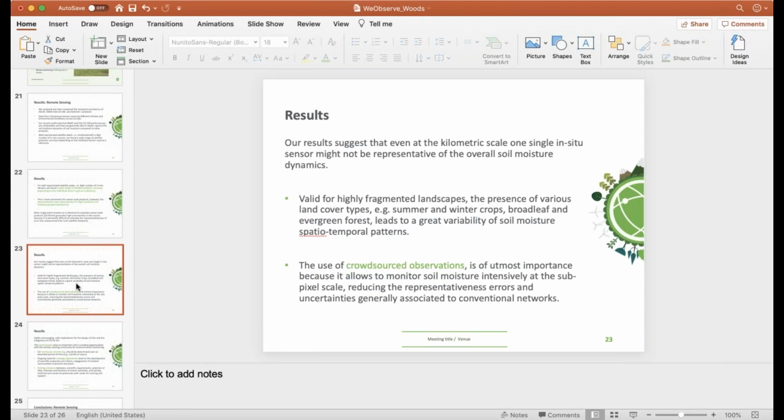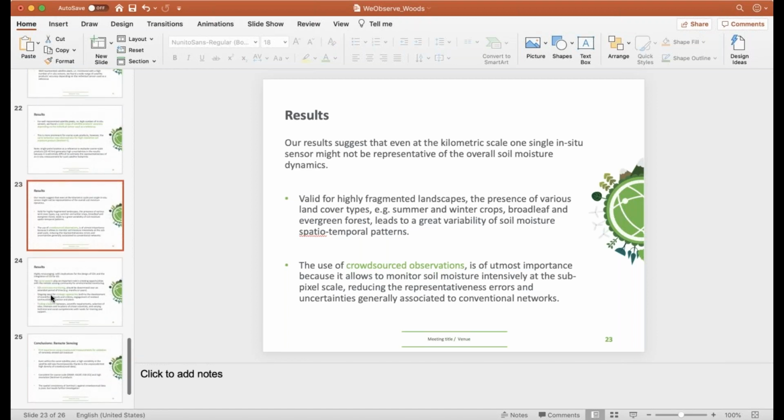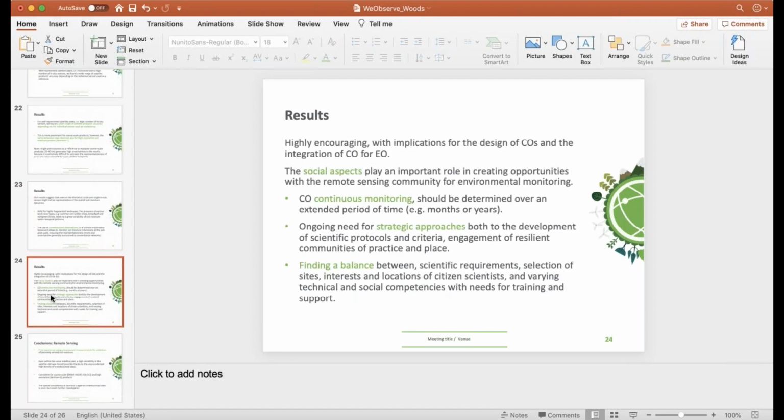The use of crowdsourced observations, we think, is of utmost importance, because it allows us to monitor soil moisture extensively at the subpixel scale, reducing representativeness errors and uncertainties generally associated with conventional networks. Our results, we think, are highly encouraging, and there are implications for the design of COs and the integration of CO for Earth observation. Most noticeably, social aspects play an important role in creating opportunities with the remote sensing community for